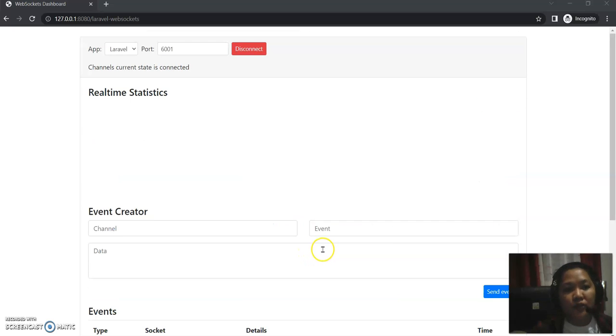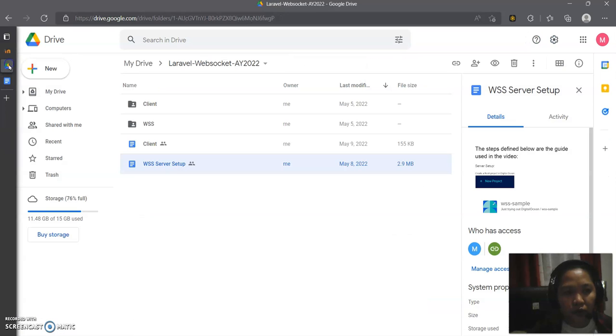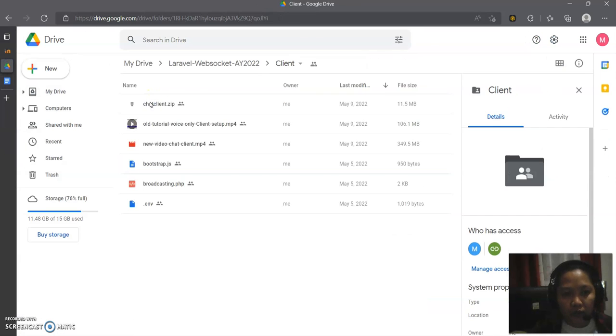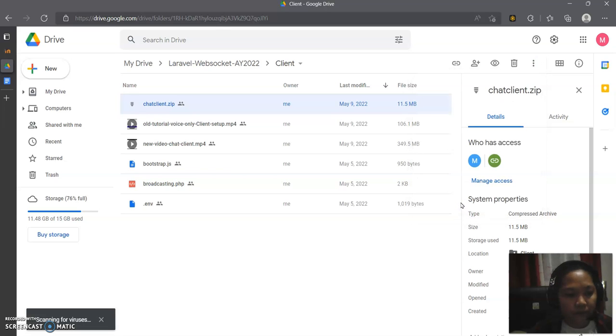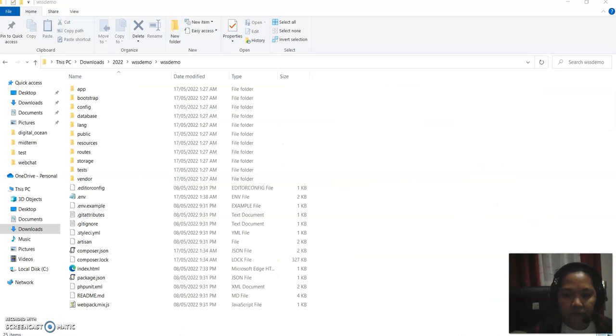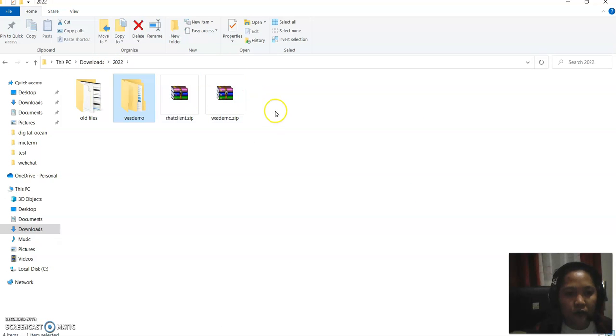We will continue our setup by opening the chat application. To do that, we are going back to our OneDrive, and in the client folder, let's download the chat client zip. Okay. Download. And then going back to our downloads folder, this is the chat zip that we have downloaded from the Google Drive. Let's extract it again